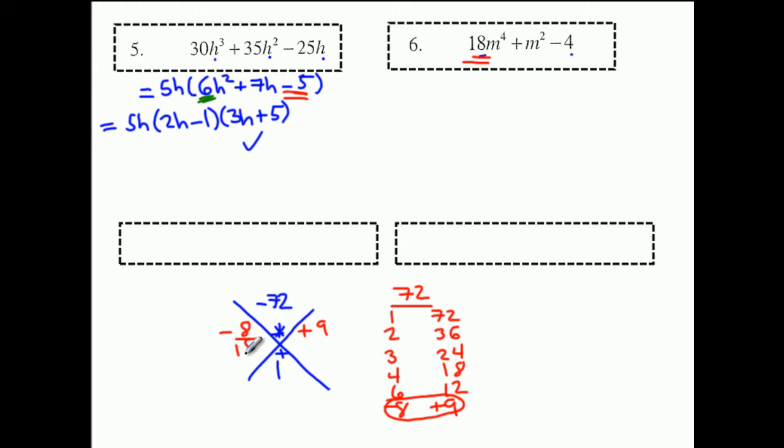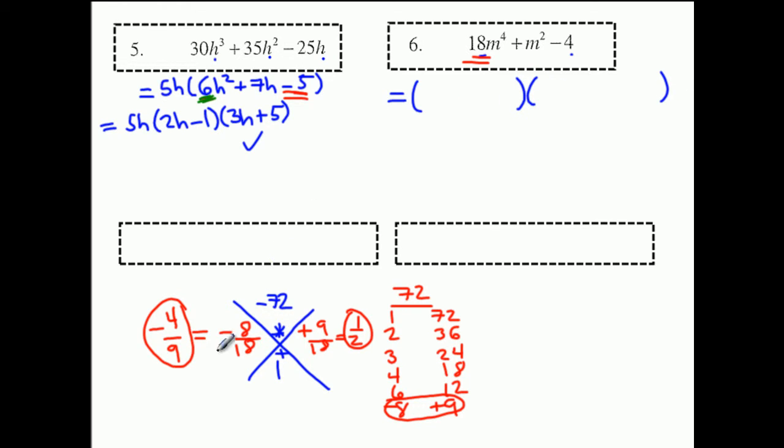So I divide this by 18, and I divide this by 18 as well. This will give negative 4 over 9, and this will give 1/2. So these two fractions here and here will give me my factors for this question. So factors will be